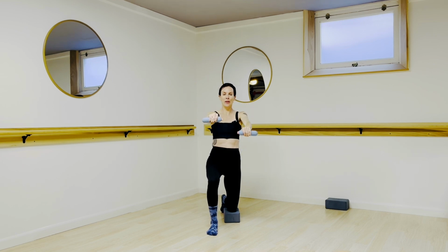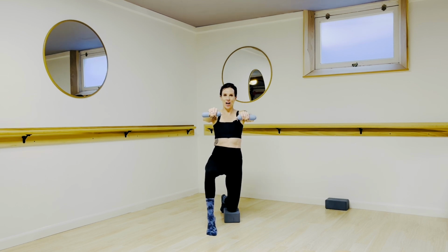Last one. From here, we're gonna lower this weight, and then let's take our heel up with us. Lower and lift. So you could be hovering over the blocks the entire time if you want a little bit of a challenge. For 4,